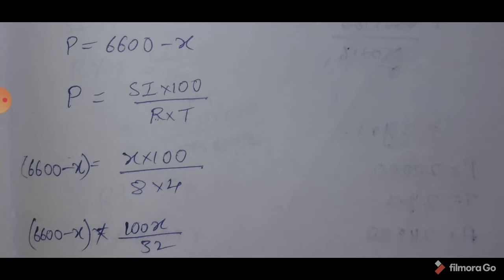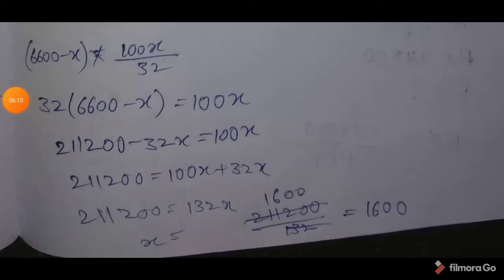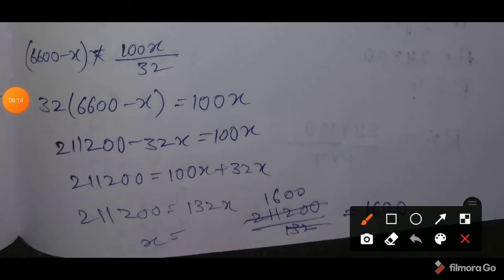By simplifying this, cross multiply 32 into 6600 minus x equal to 100x, then 2,11,200 minus 32x by 100x. Then from this I'm just transposing 32 to the right side. It should be 2,11,200 equal to 132x, 100 plus 32, that is 132x, then x equal to